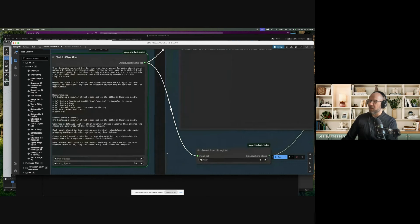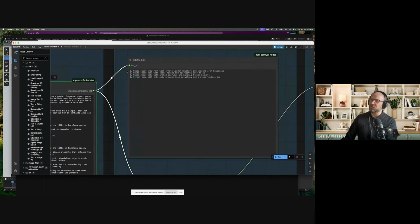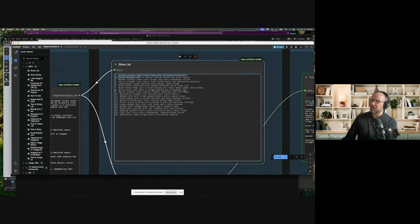So I'm going to hit run. It's going to analyze what I'm trying to do here, and it's going to create a list of 20 objects. It might be less because LLMs aren't perfect. So usually it gets all 20 objects. Sometimes it stops at 16 or 17. So now it's thinking, and there's 20 objects, okay? So we got a wrought iron street lamp, we got a stone fountain, a wooden outdoor table, some shops, a